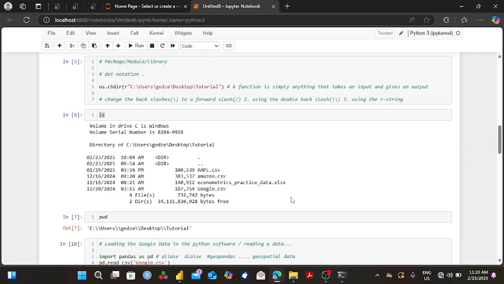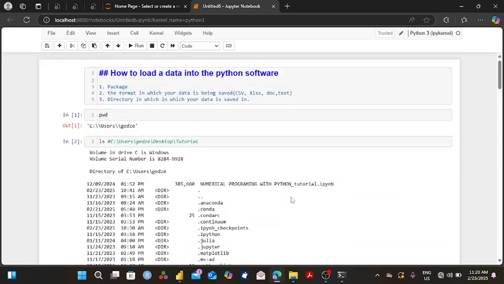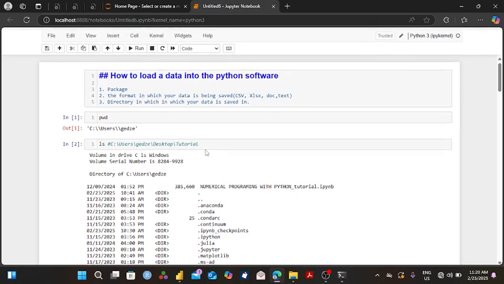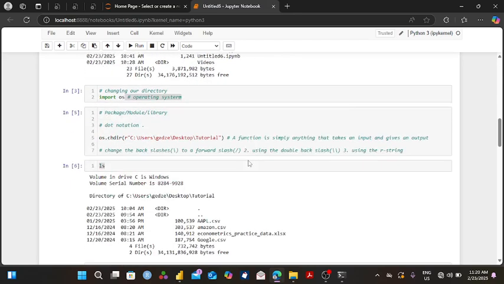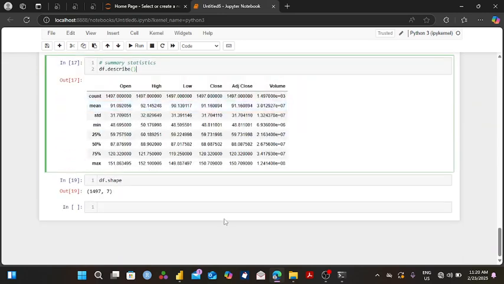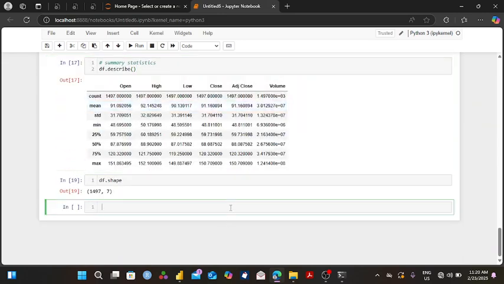As far as our studies are concerned, we have successfully looked at how to load data into our software. So, summary: know the package to use. Here we use the pandas package. Know the format in which the data is saved. Is it CSV, Excel? Okay, let's have a look at how to load Excel data, and then that will be it for today. What we did earlier was for a CSV. So how to load an